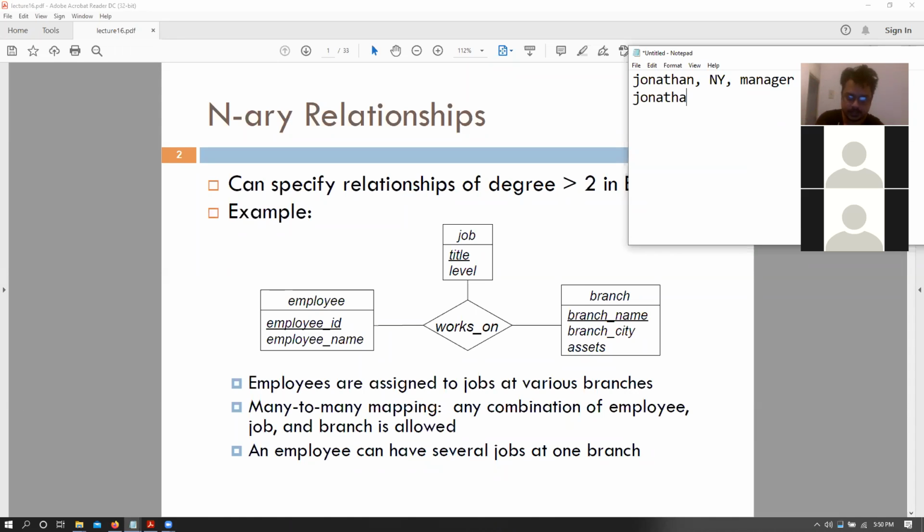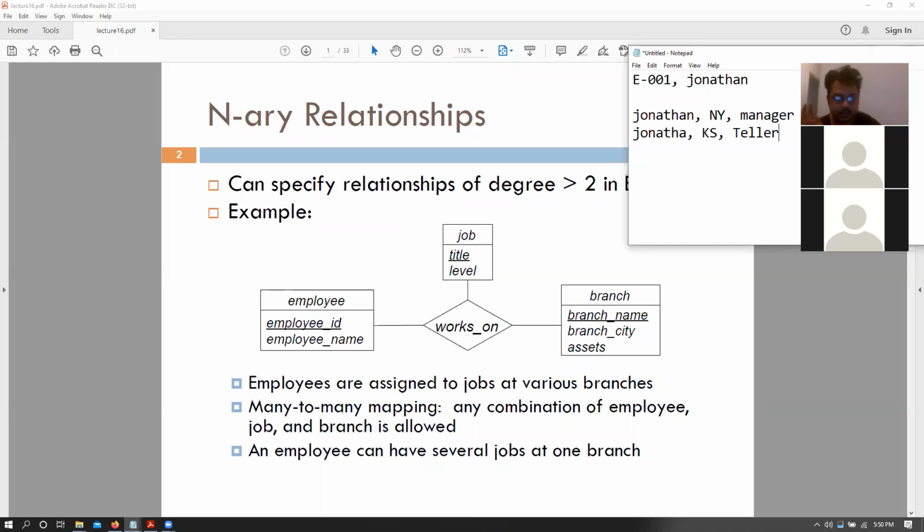There is only one Jonathan, and let me specify, E001 is Jonathan. So in this relationship diagram, can I represent these two things, that Jonathan works in, let's say, Kansas, and works as a bank teller? So these two entries can